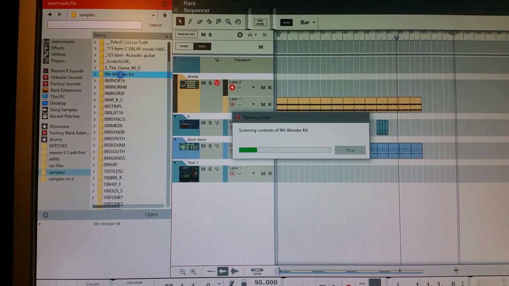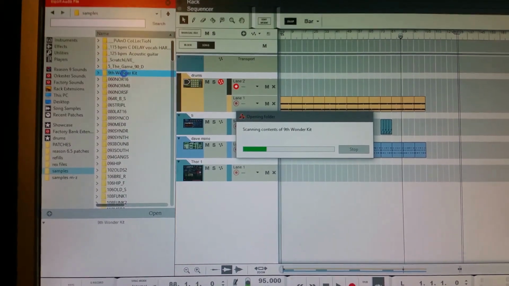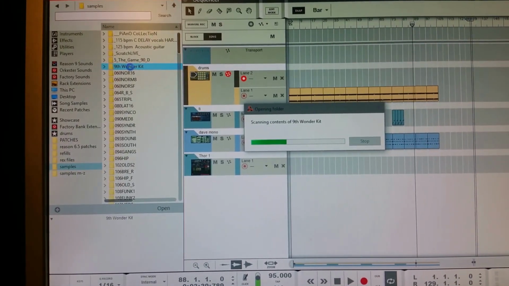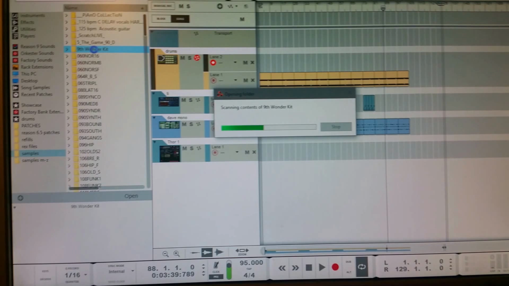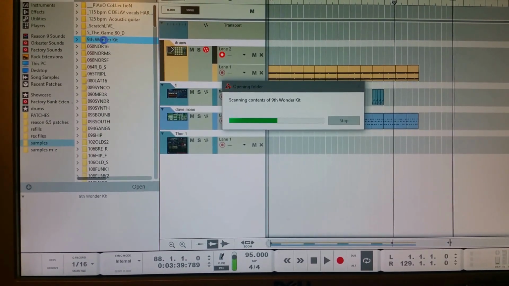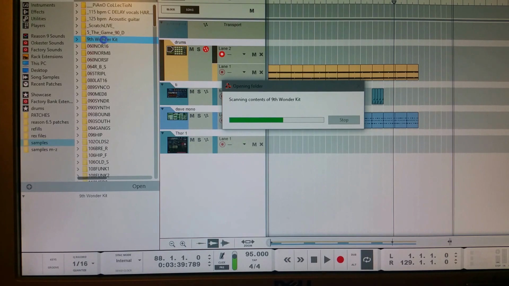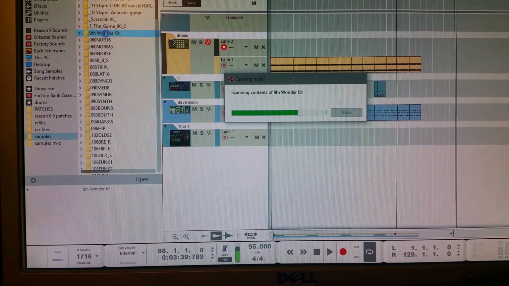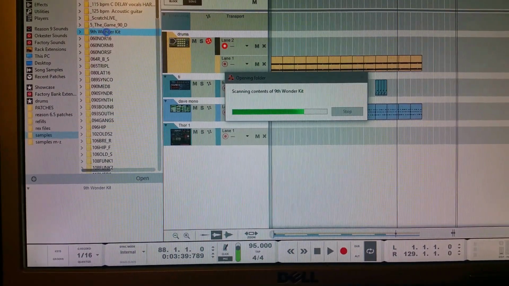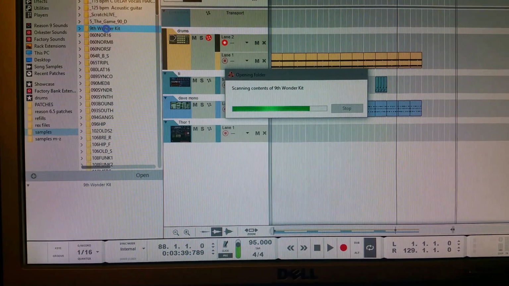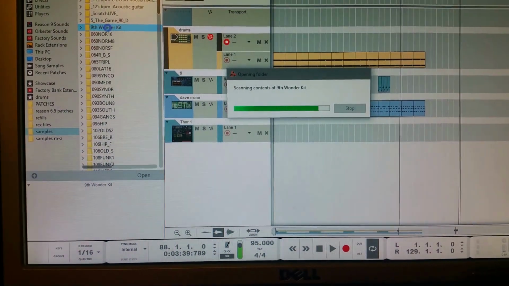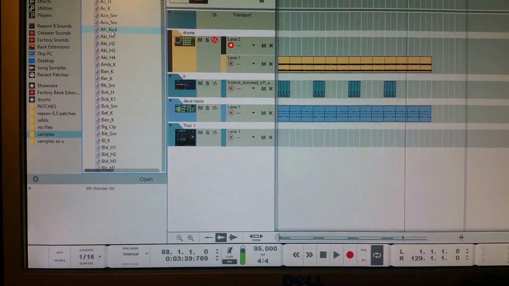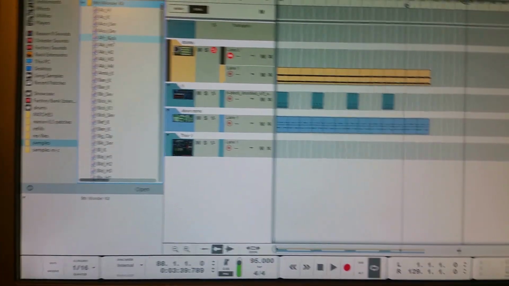See, there's so much stuff in there. I'm not even sure if you guys heard that little glitch. My computer processor was just zooming. And this happens every time. Like I said, when you open up Reason, you got to go through it all over again, man. And it just definitely throws your workflow off. And as you see, this is just